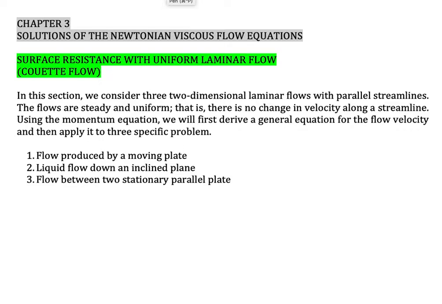So in this section, we consider three two-dimensional laminar flows with parallel streamlines. The flows are steady and uniform. That is, there is no change in velocity along a streamline. Using the momentum equation, we will first derive a general equation for the flow velocity and then apply it to